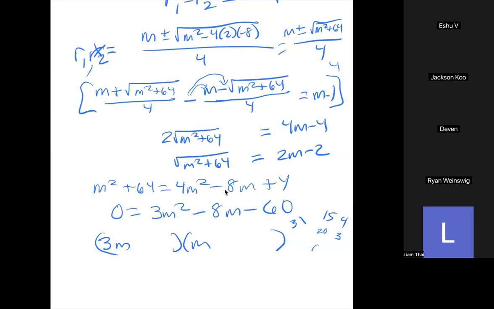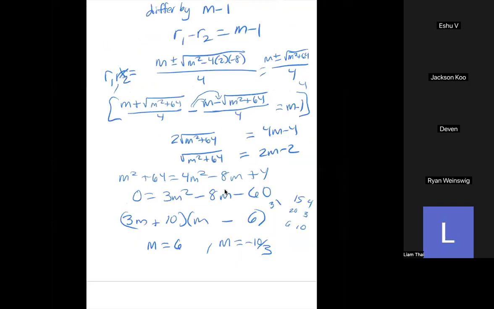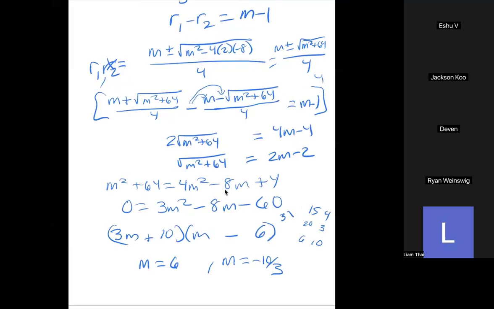What else? 6, 10, 18, 10. Oh yeah. Okay, so 6 and 10 will work. So 6, 10. That seems to work, right? Yeah, that looks right. So m is 6 or m is negative 10/3. And so the only thing that you want to check is